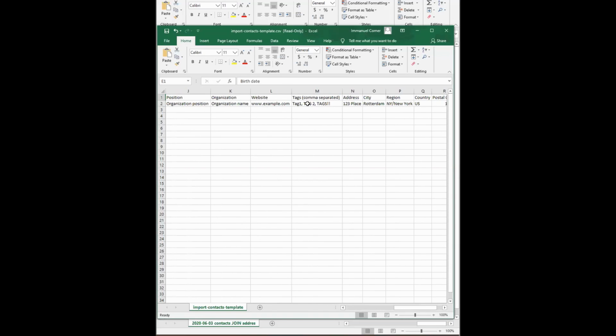One thing that's interesting here is tags. Tags is an excellent column to use if you have maybe some information. Maybe your prior system has some kind of grouping or some way of putting your contacts in different categories and made it easy for you to select them. Well, the Mission Pillar system is entirely tag based, which means that this is a great way to group your contacts by certain tags. And so right here in the example, you can see tag 1, tag 2, tag 3, tags, exclamation point. But this could very well be